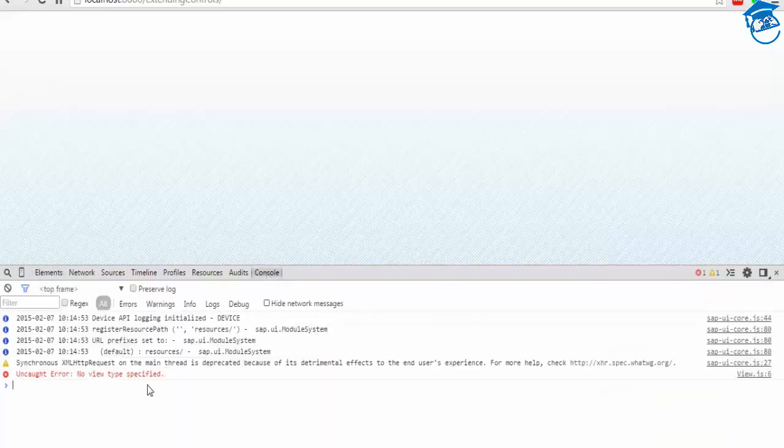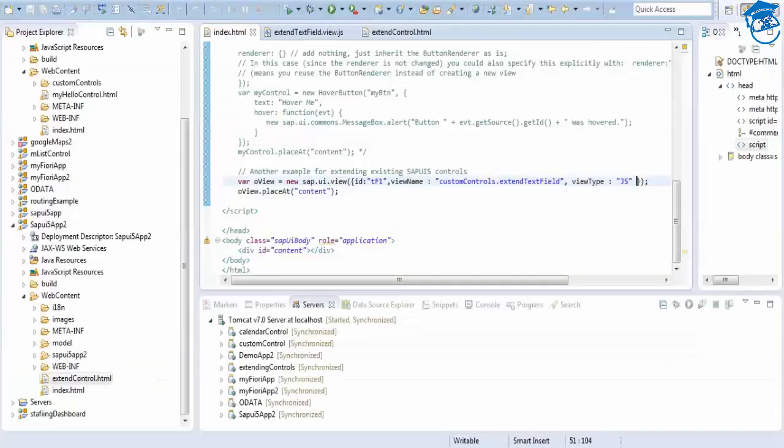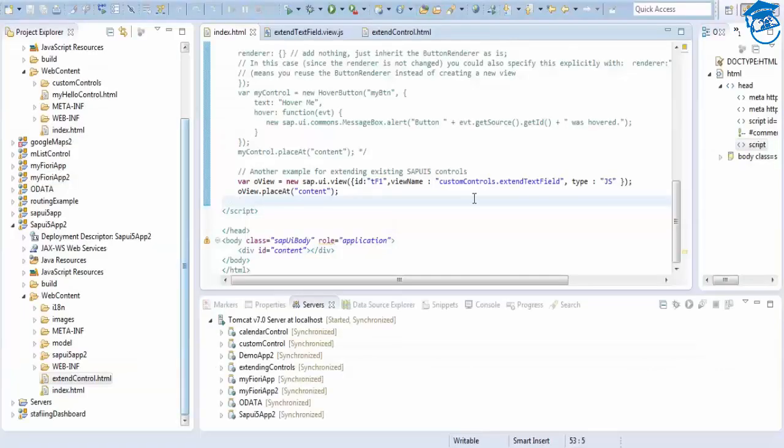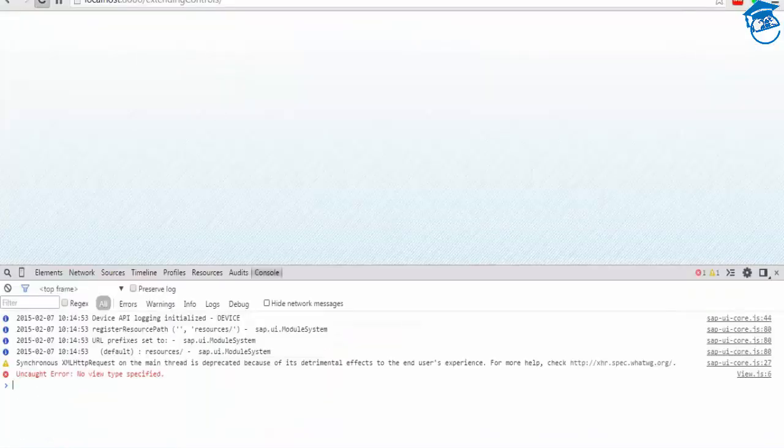So view type is, no view type is specified. So there is no view type. So there is no view type specified. extend view.js, custom controls, type is, we're going to see.